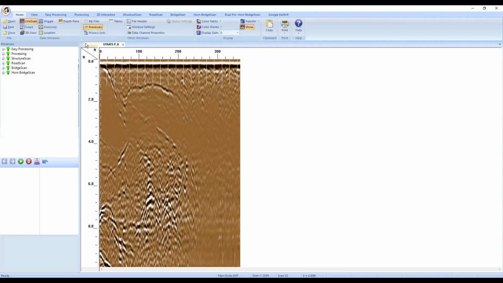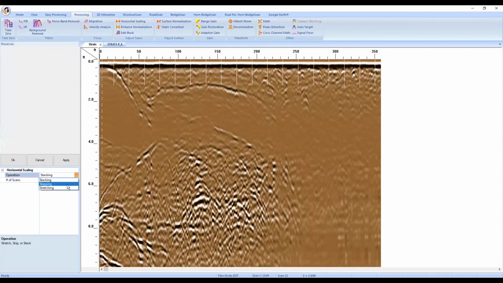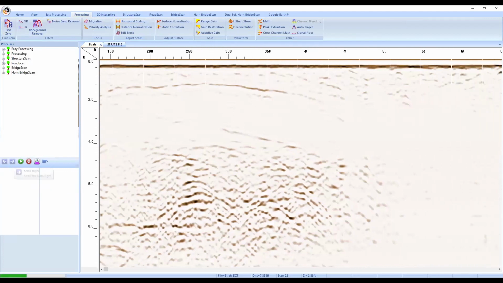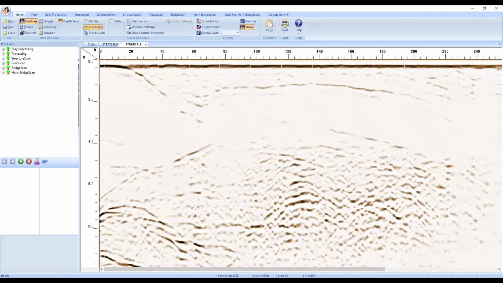I'm going to click on Strats again. I'm going to head over to processing. I'm going to head over to horizontal scaling, and we can try one of the other operations like skipping or stretching. All of these processes will work fairly well. You will notice if you try the stretching process and you hit the OK button, your file is going to look very, very bright. We currently have a bug in this version of RADAN for just the stretching horizontal scaling